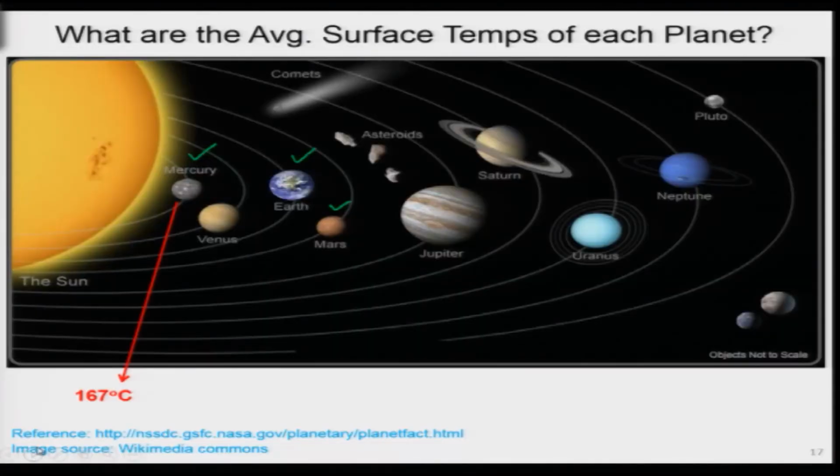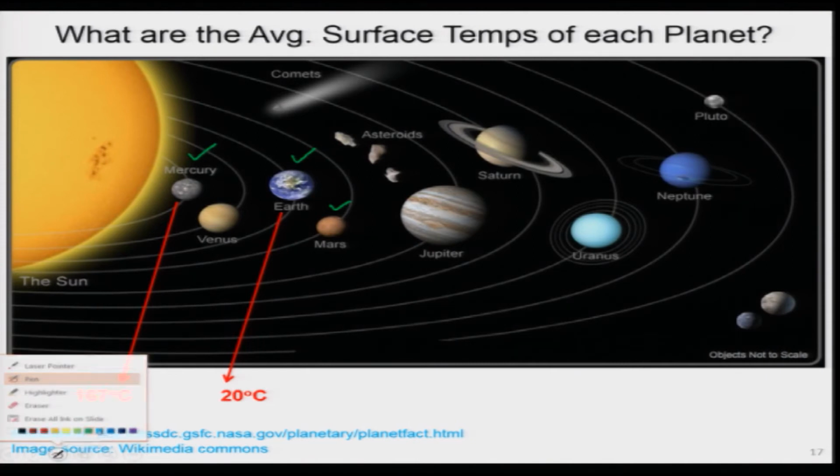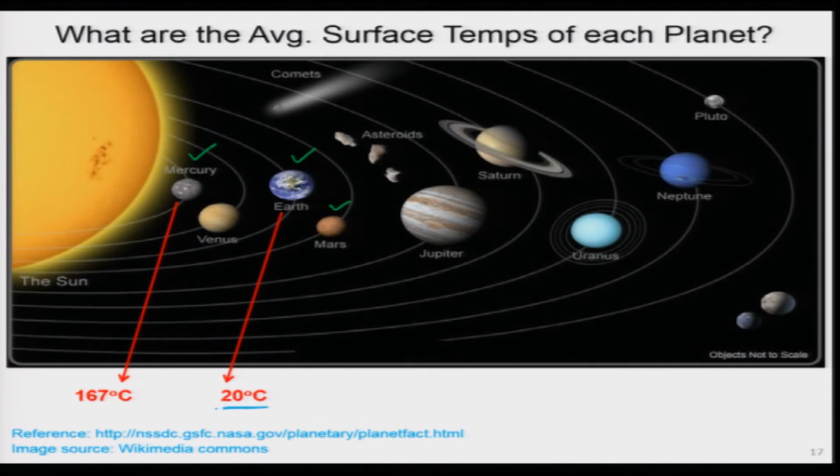Mercury, so this is the average surface temperature. There could be some diurnal variations between day and night, so let us see some average numbers over here. Mercury is about 167 degree centigrade. Venus, let us skip for the time being. Then Earth, we are living here. We can expect, between summer and winter, I think this is a good number, 20 degree. Then Mars should be much colder, and we see this is minus 67. So, we see some sort of a trend that 167 is highest.